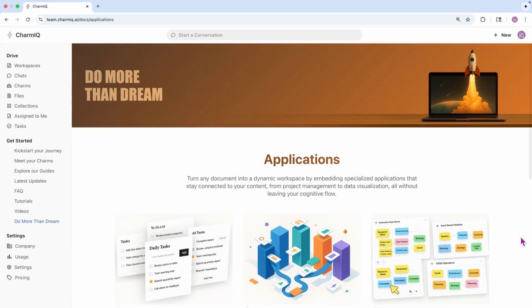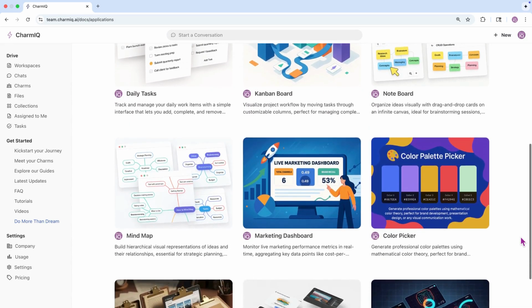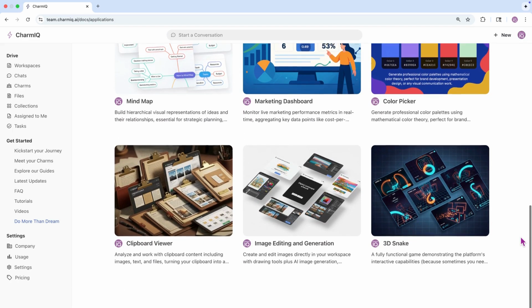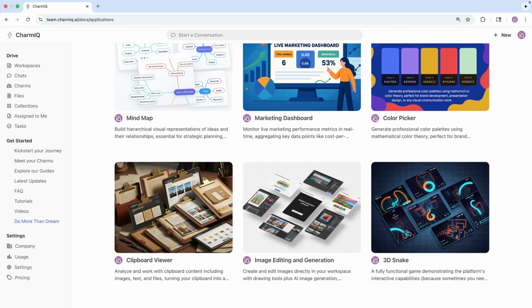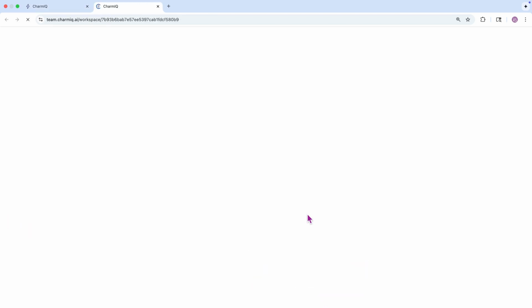in CharmIQ. But first, in this video, I'll walk you through one of my favorite apps we've built, the image editing and generation. You'll see just how seamless, fluid, and creative your workflow can become. Let's dive in. When you go to the CharmIQ homepage, click on Do More Than Dream page, you'll see a